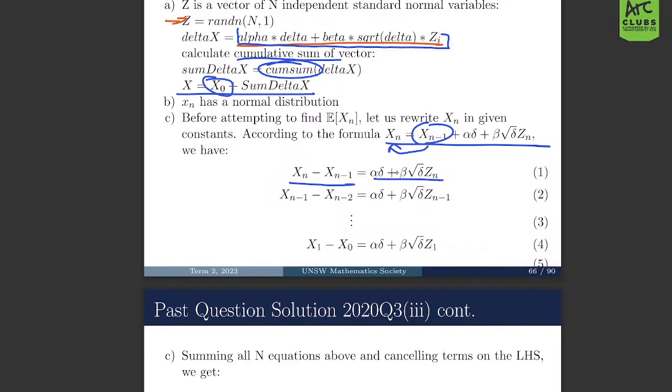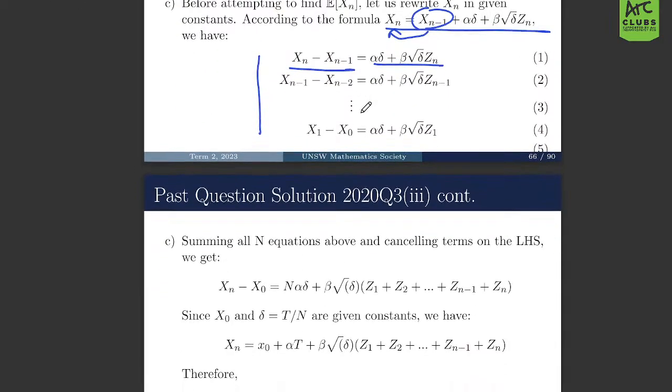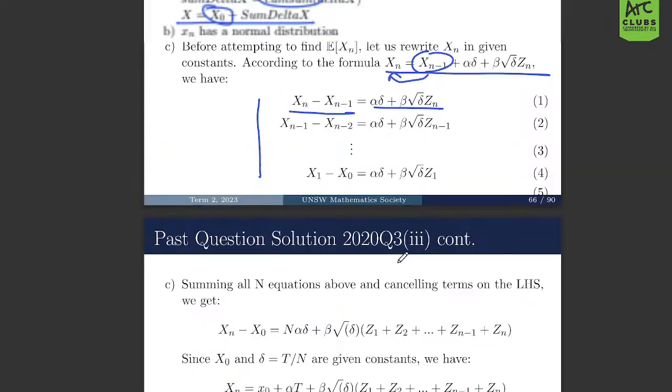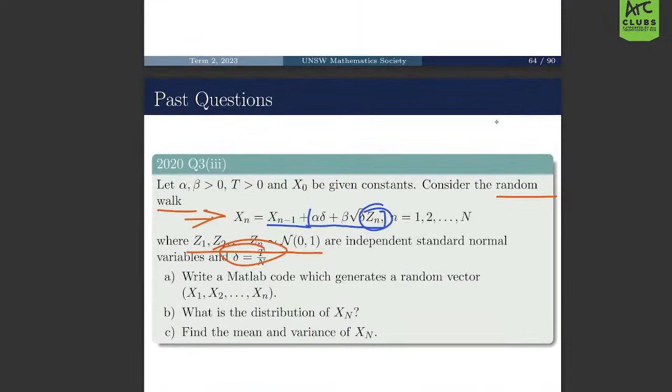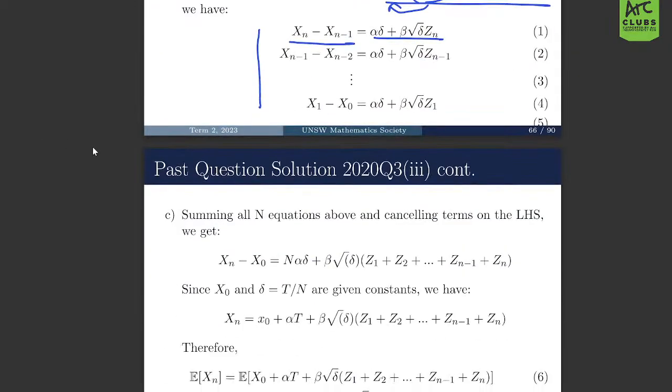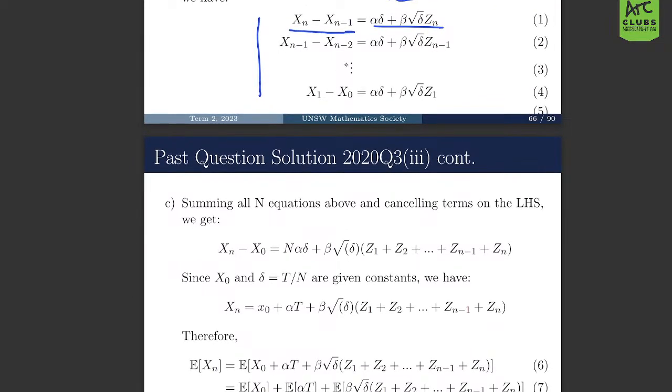And you can see this is essentially just repeating all of our formulas for n and n minus 1 all the way to the first random walk that we have, which is x1 minus x0, where x0 is given to be a constant as well. Then with all of these equations above, we sum them up, and there are n of them, because n is from 1 all the way to capital N. So there are capital N of these equations, we add them all up, and by cancellation we can